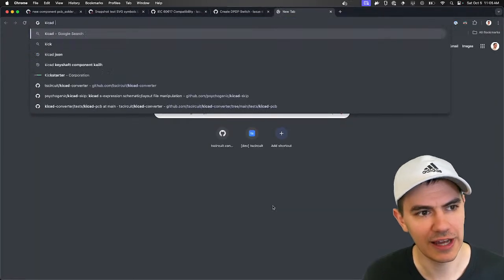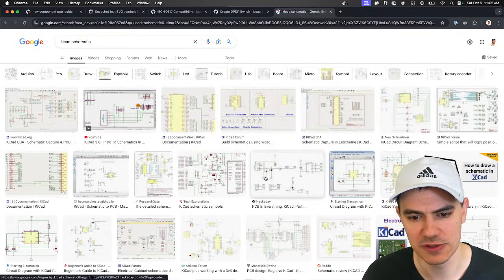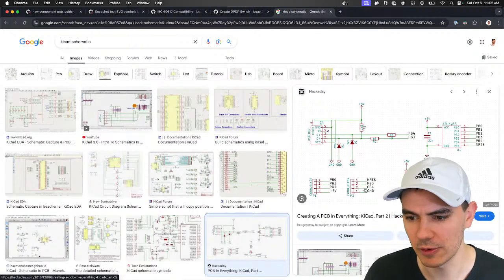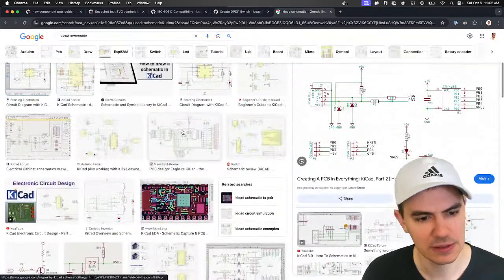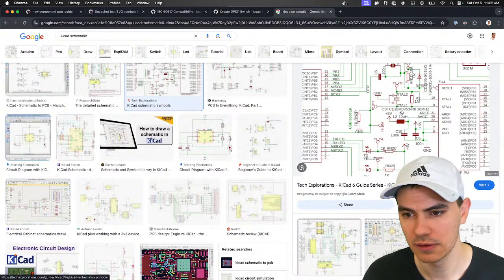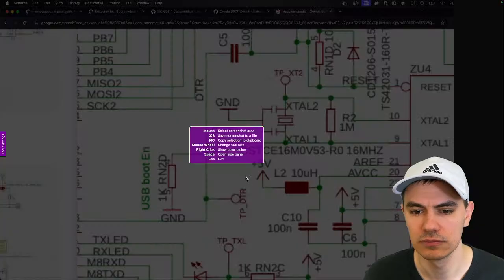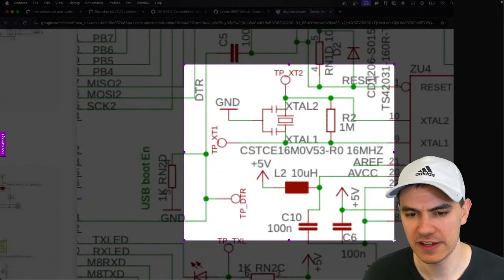You can just Google KiCad schematic and then look at what symbols are used in some of them to see what we're missing. Like, so there we have Schottky, LED, resistor. So we have everything in this. Let's see. There's one we don't have. That's a crystal. I think it's a crystal.